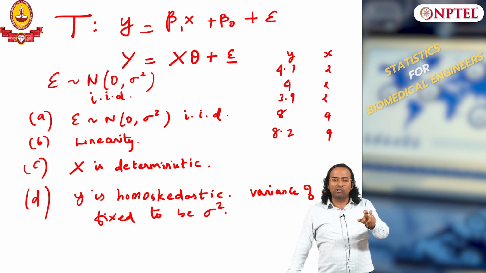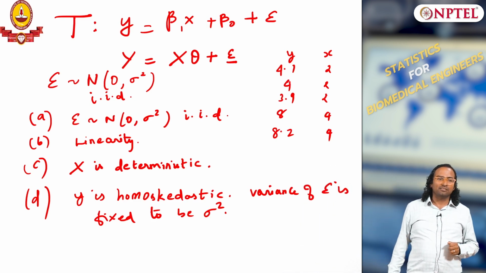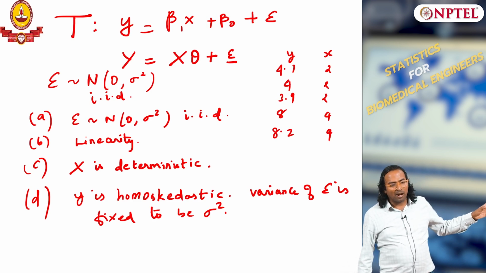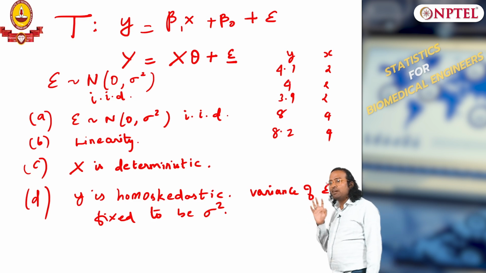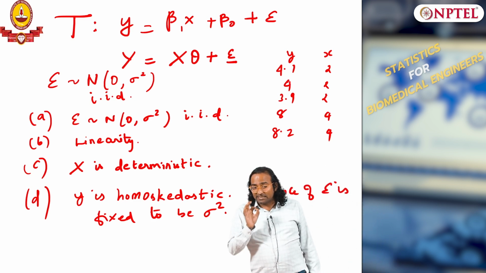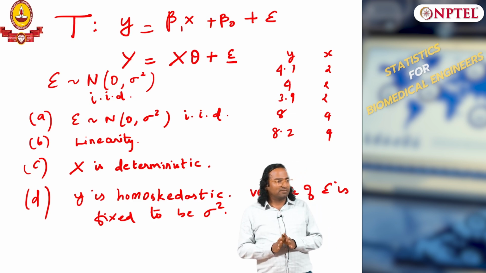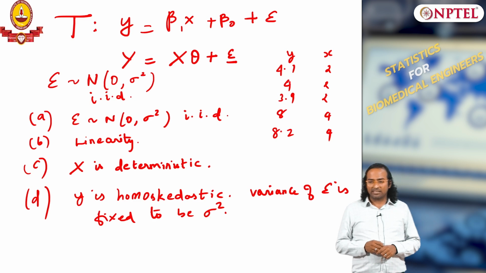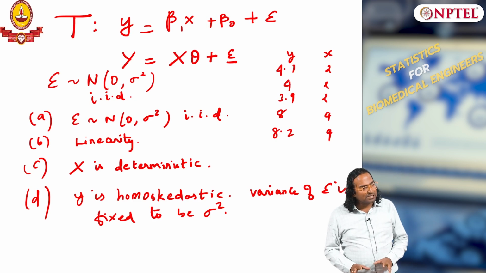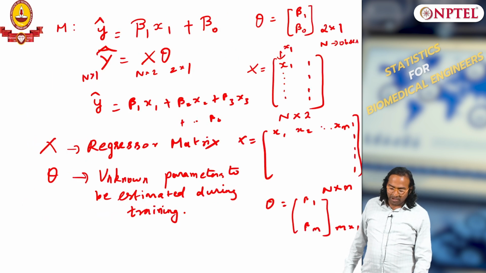If your input has noise and it is significant, then you cannot use this method; you have a method called errors-in-variables. This method is not applicable. So for every assumption you relax, you develop a newer method. In this case x is assumed to be completely known, deterministic. The last assumption I told you about is that y is homoscedastic. These are the assumptions that I make about the truth, and with these assumptions I am going to fit a model.